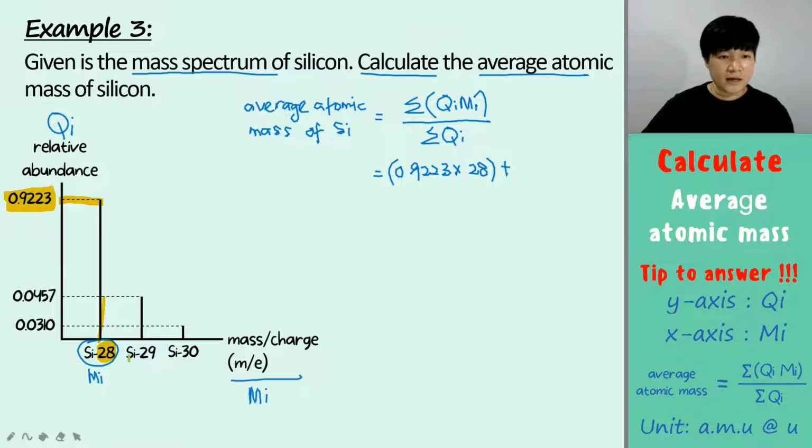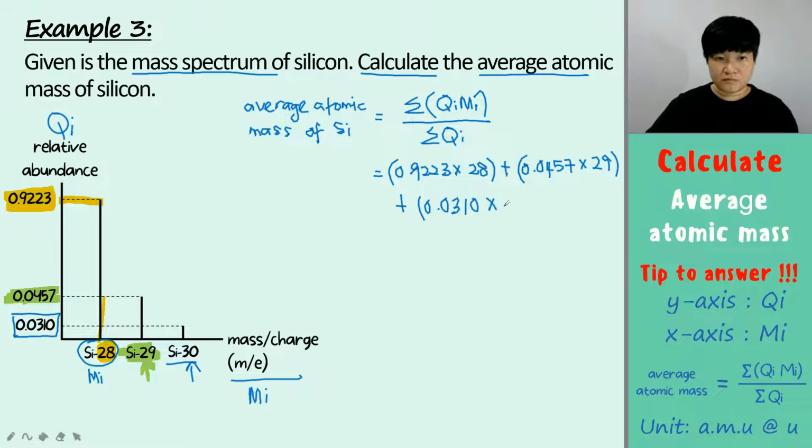The second pair is for silicon-29, so the isotopic mass right now is 29, and the abundance is 0.0457. Last but not least is your silicon-30, where the isotopic mass will be 30, and the Qi, the relative abundance, will be